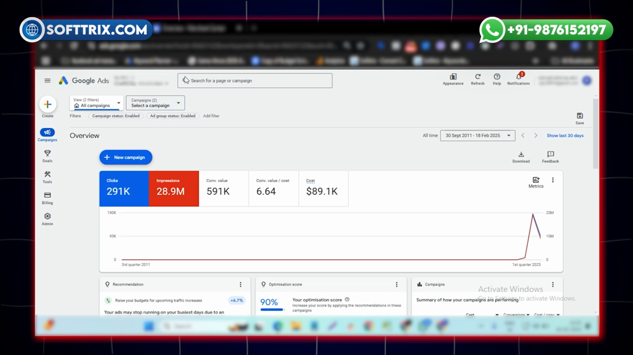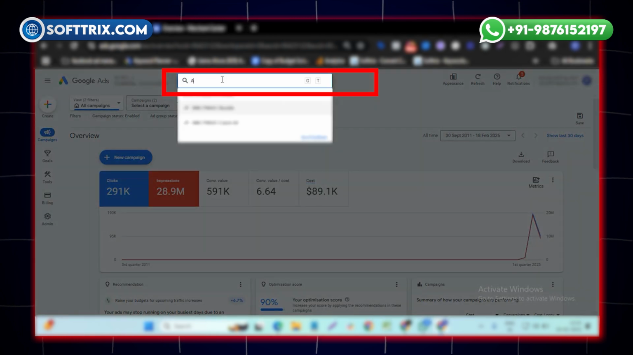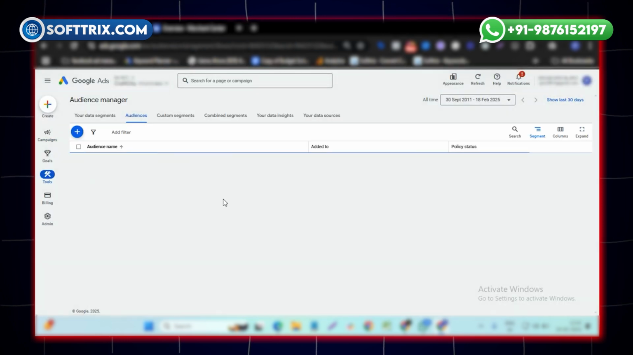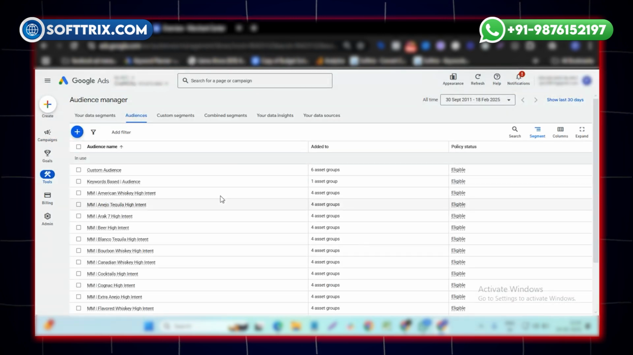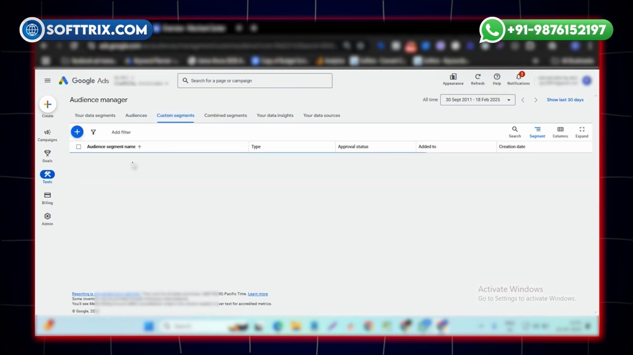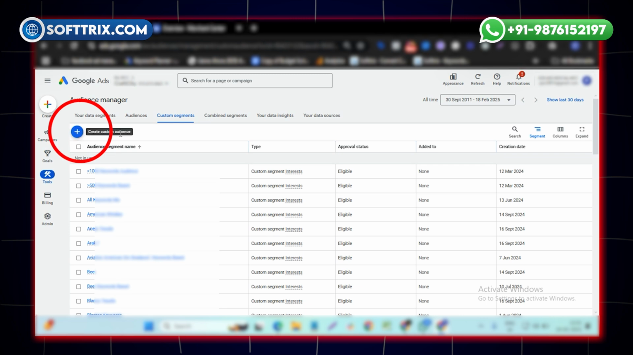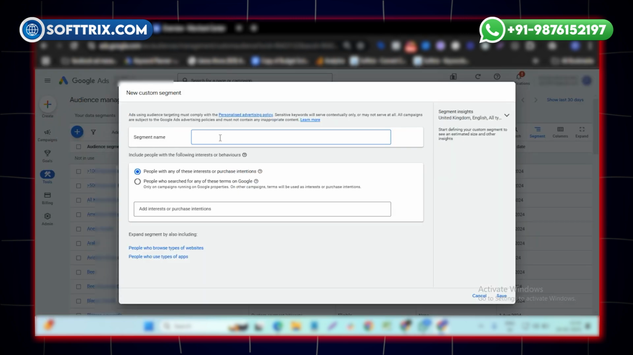So first of all, log in to your account and then go to the audiences section. Under the audience section you can create multiple audiences, and after the audience you can find custom segments. So click on custom segments. There you can create multiple custom segments. So we will create one more just for our competitor website. So we can give it a name, competitors